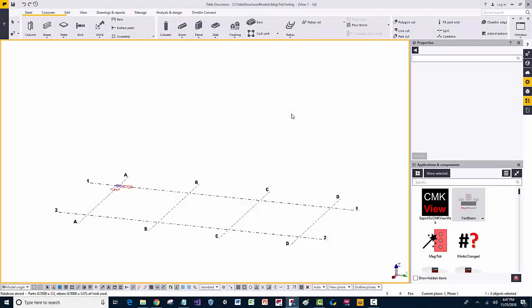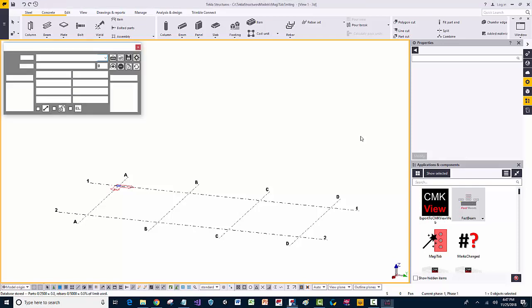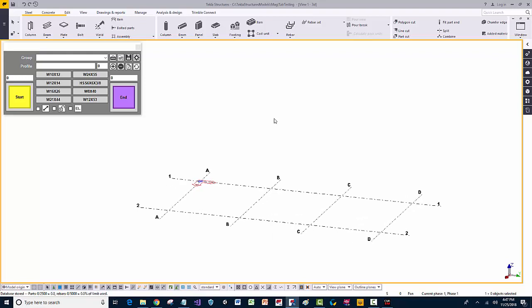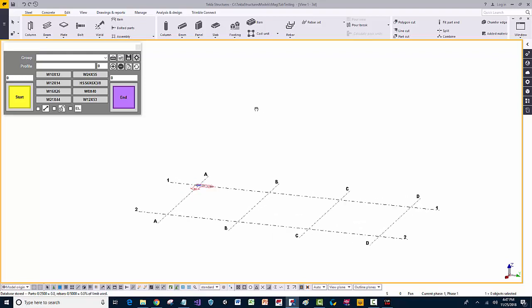To start our training with FastBeam, we'll come over here to the Applications and Components panel and double click on the icon to launch the tool. From there, we can go ahead and minimize the Properties and Applications and Components pane. Now, when you look at the interface here, the very first thing that we need to do is set some